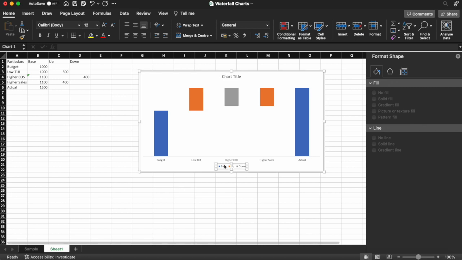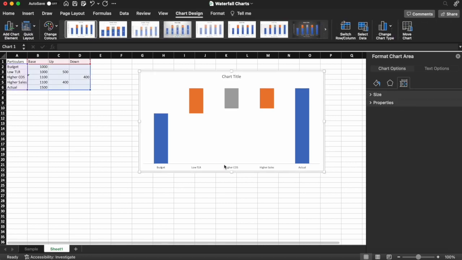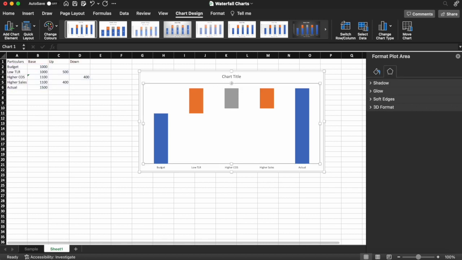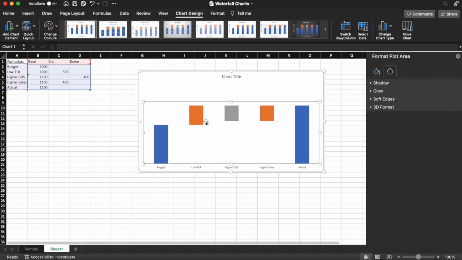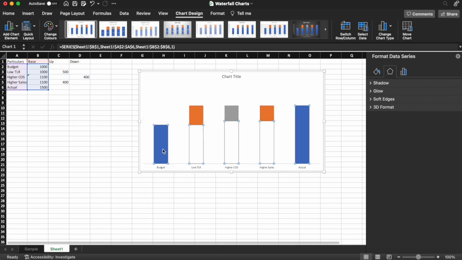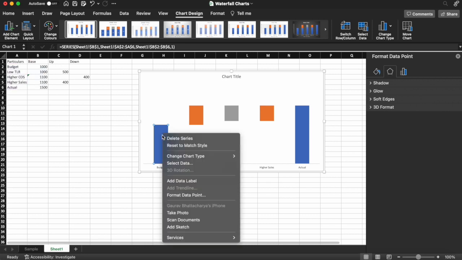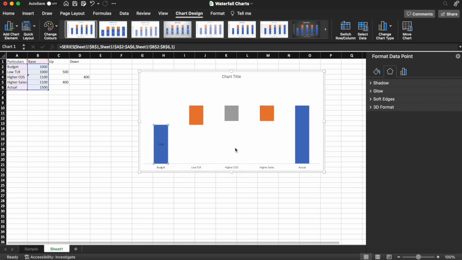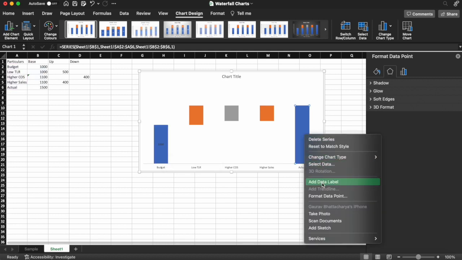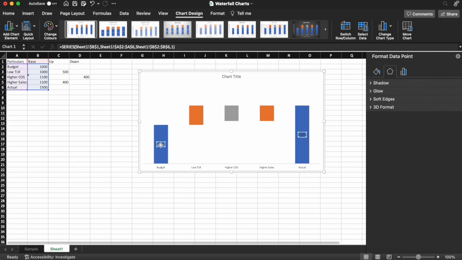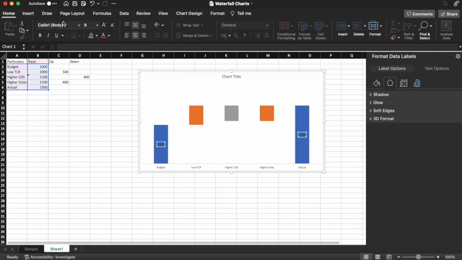Okay, we'll get rid of the legend. Okay, so the next thing that we can do, let's resize it and reduce its height. Now we can start giving them labels. So let's click the first one, this is the budget, and we'll right click and click add data label. We'll right click on this bar and then click data label,